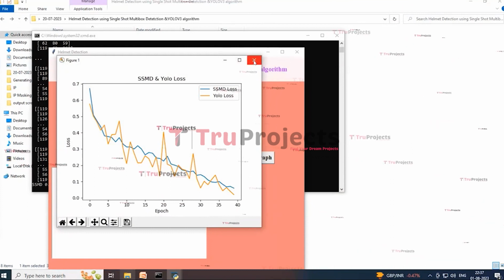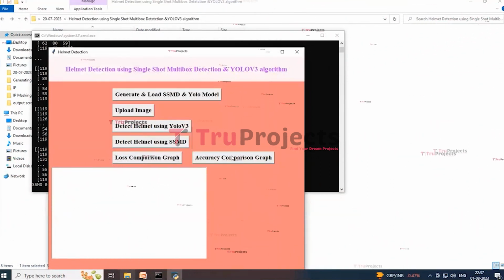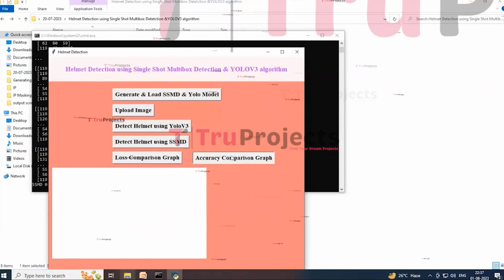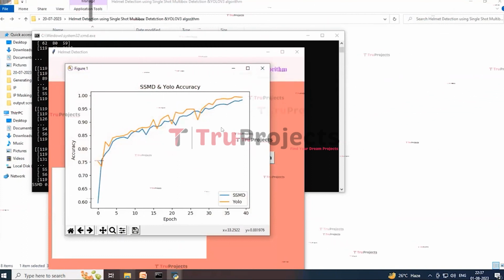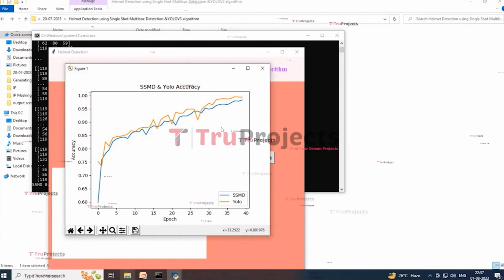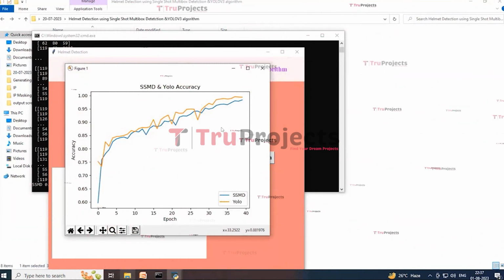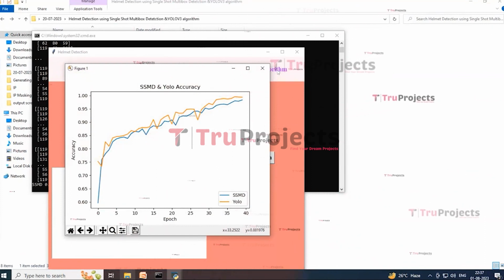So now closing this graph, click on the accuracy comparison graph button to get the accuracy graph. So here in this graph, the blue line is for SSMD and the orange line is for YOLO. So in this graph, YOLO performs better than SSMD in accuracy also, and both algorithms get accuracy of more than 90%, but YOLO is better than SSMD. So now closing this graph,